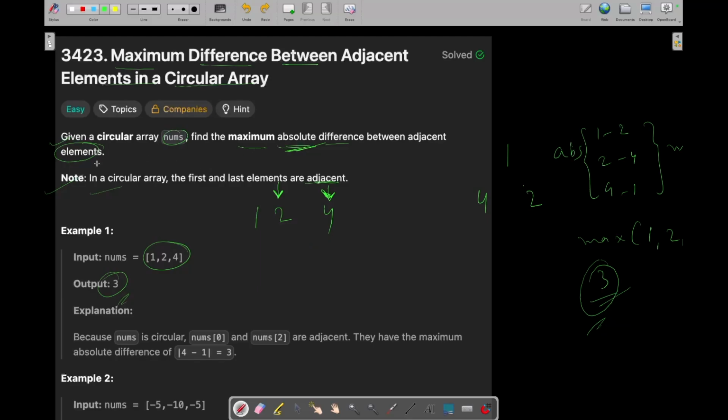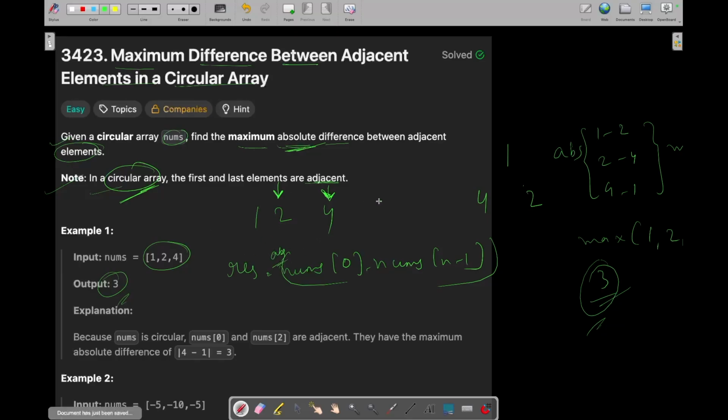Okay, but then how will you consider this case of circular array? So what you can do, you can initialize your result with nums[0] minus nums[n minus 1]. So it means you have covered the case of circular array as well, right?